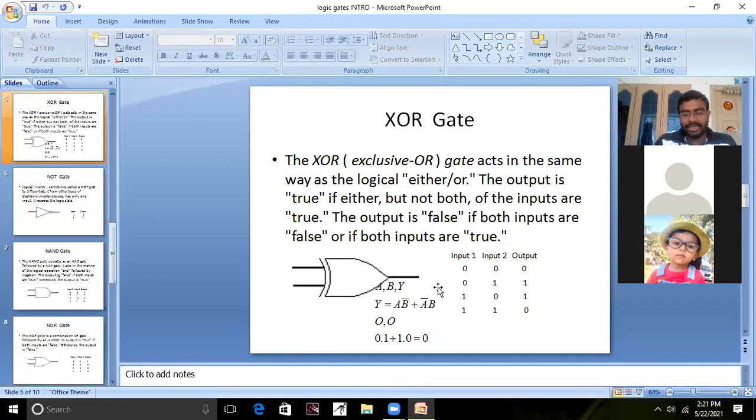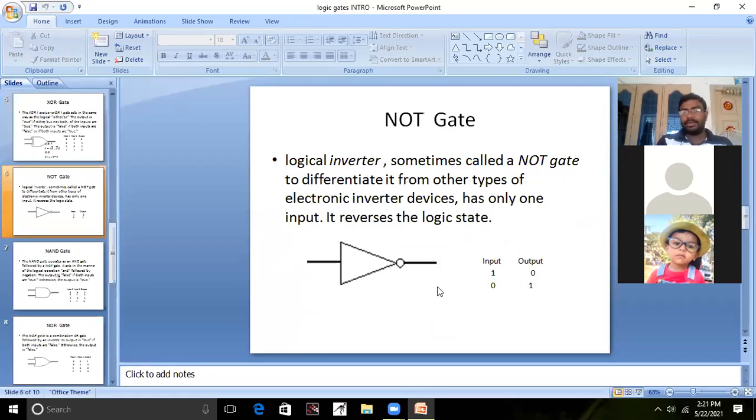Then go for the next gate, guys. The third one in basic gates after AND and OR gate is NOT gate. AND gate is known, OR gate is known, and now we'll go for NOT gate. These three are basic gates. So let us go for NOT gate. Guys, you can see this is a little peculiar gate. In AND gate and OR gate, you can have any number of inputs or n number of inputs you can take. But when you come to NOT gate, you can only take single input and single output.